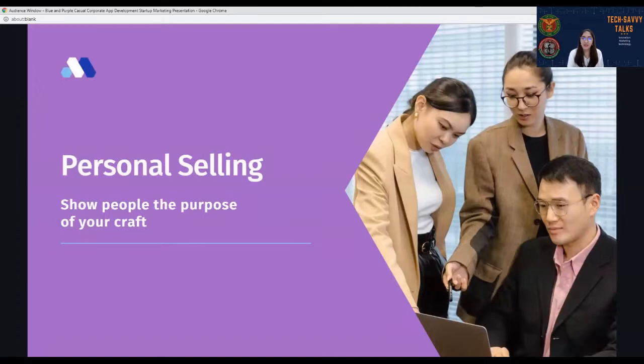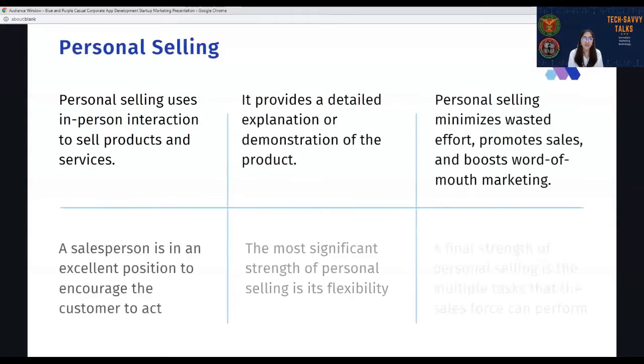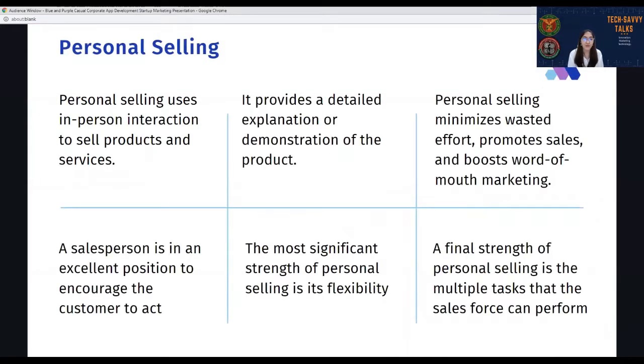Okay, and the last one is the personal selling. So what is personal selling? It is known as the face-to-face selling, in which one person who is the salesman tries to convince the customers in buying the product. It usually type of communication is carried out by the sales representative, who is the personal connection between the buyer and the